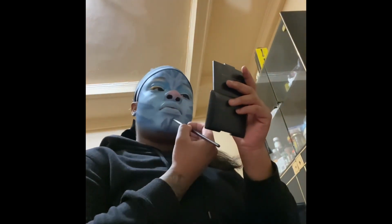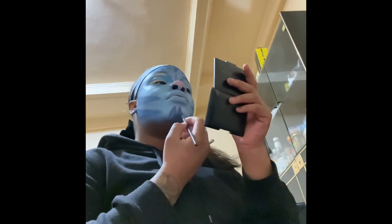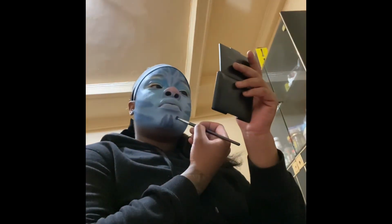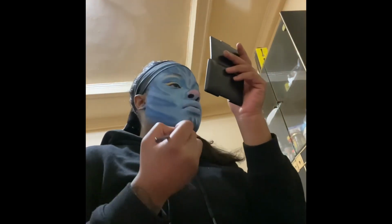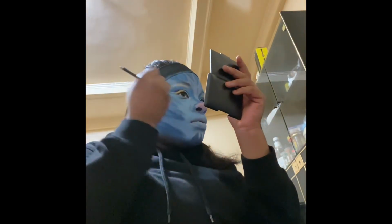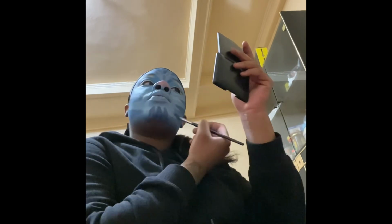Now I'm adding 3 stripes to the bottom of my chin area, just to give it more dimension, like my boyfriend was saying, add more to make it look a little bit more realistic. So that's what I'm doing here, and the same thing applies to everything else that I did earlier, you know what I'm saying? Here's where I'm adding Cleopatra as well, actually. So I actually did use it to create 3-dimensional lines as well. So here,